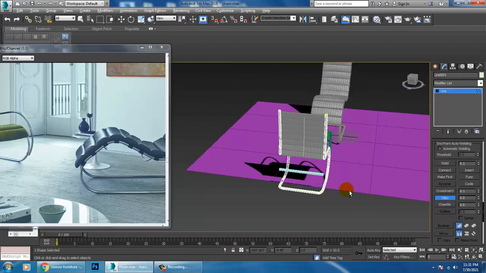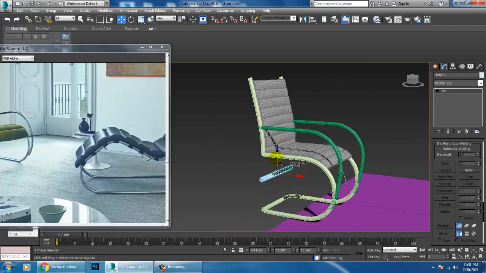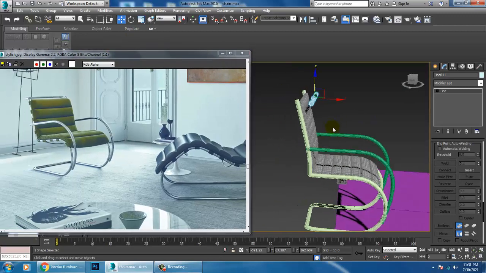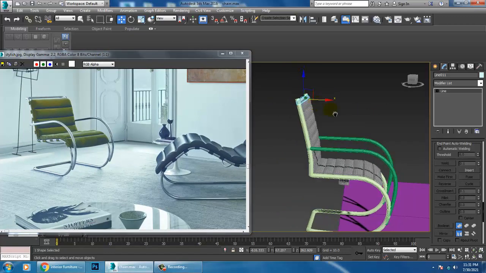Just save your file. Select this, slightly push this up over here.